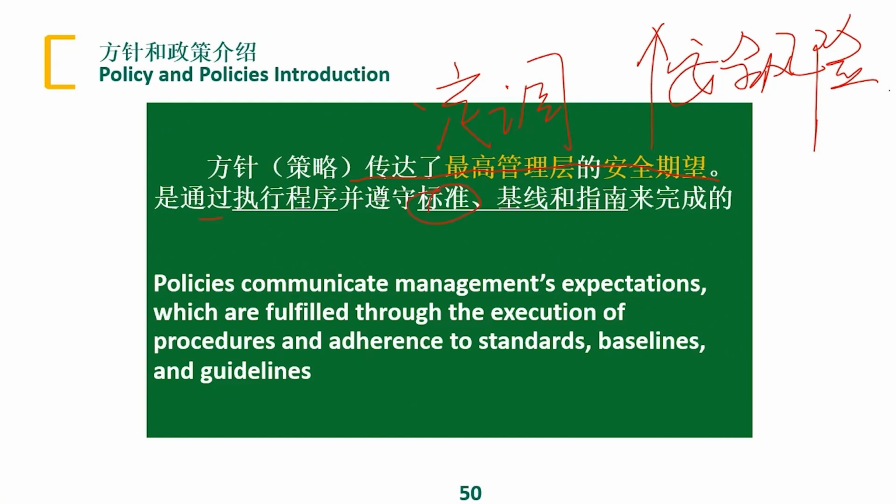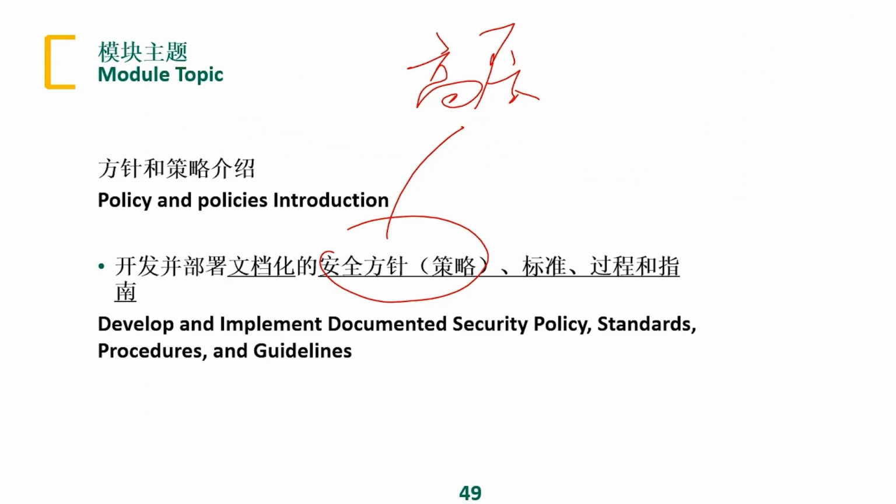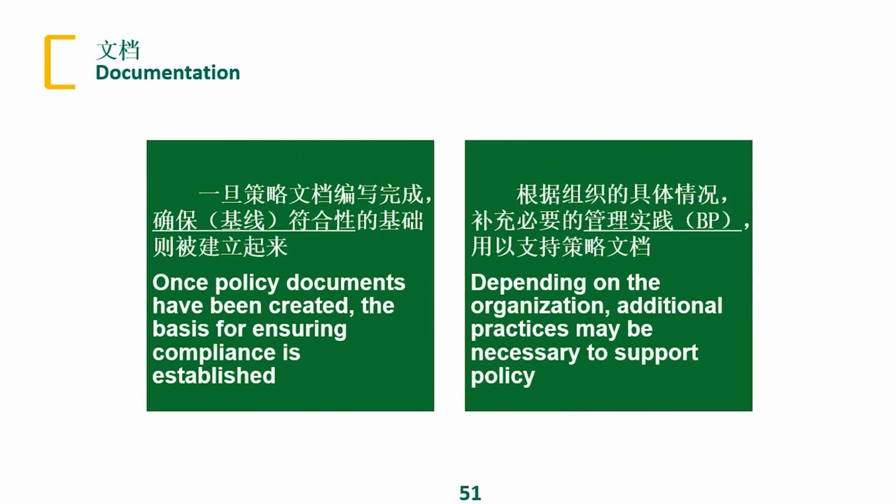As you can see here, the standard, baseline, and guidelines are followed through the execution process. We also talked about the standard, baseline, and guidelines in the last chapter. What is it? It is the CSO, the senior management responsible for safety, or we can understand it as the department responsible for safety in the organization. They propose it, which is the responsibility of the CSO. How does he do it specifically? What is our planning process? So here we need to cooperate. That is, the top management sets the tone, and the middle management is responsible for deployment and implementation.